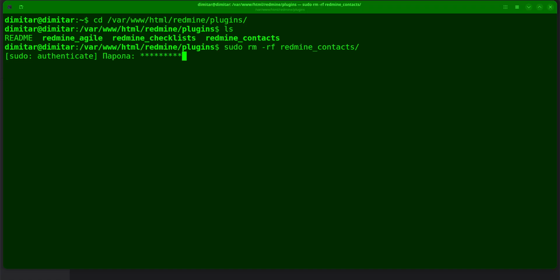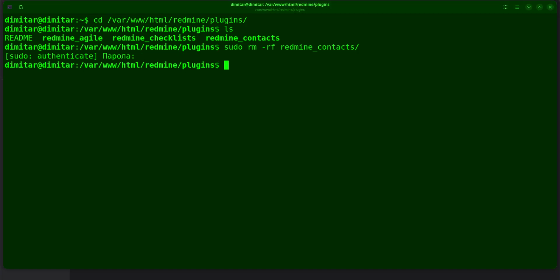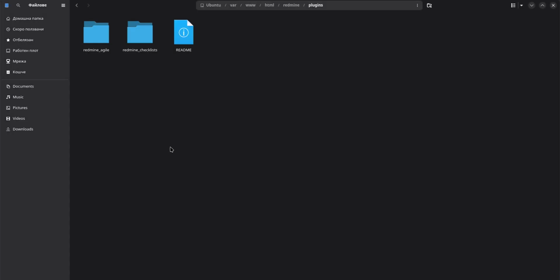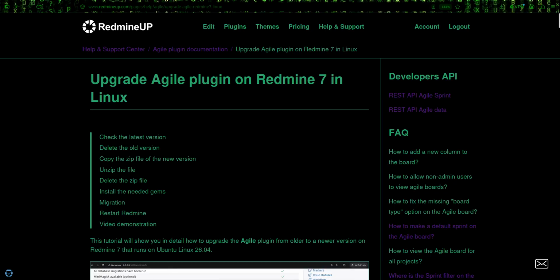All right, so we enter our password for sudo, and if we check now, we see that we have successfully deleted the contacts folder. So if we go to the file system, we see that there is no contacts anymore. So we have done our job successfully. Okay, good. So now, as we said, we have already downloaded the new version 4.4.7 in our downloads folder,